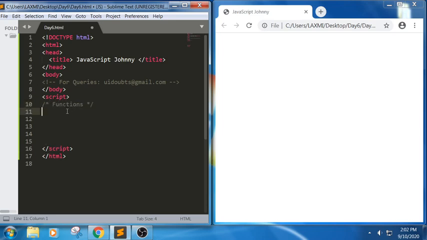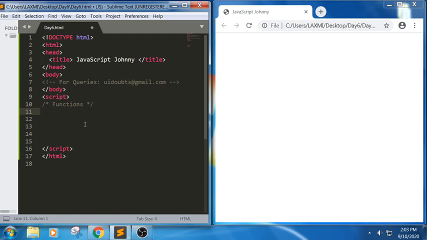So far we have seen all the inbuilt functions, like length in arrays, slice, pop and all these things. Now, what is the main agenda of using these functions? Functions are used to perform some operations. For example, if I want to perform addition of two numbers, or I want to write a small snippet of 10 lines and perform the same operation 3 times in the same page, in the same code, we can enclose this particular code in a function and we can call it n number of times. In the sense, we can reuse the code.